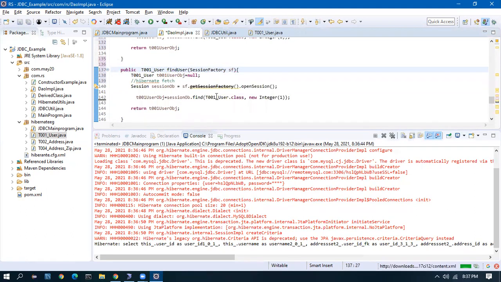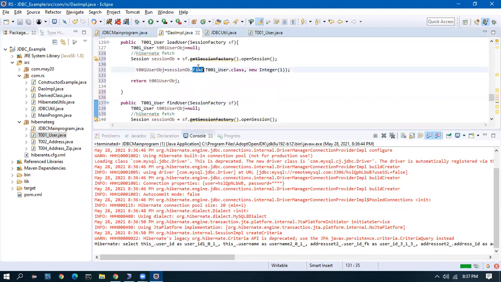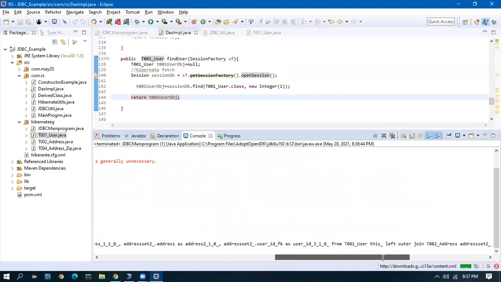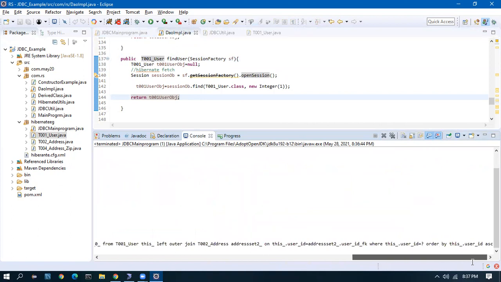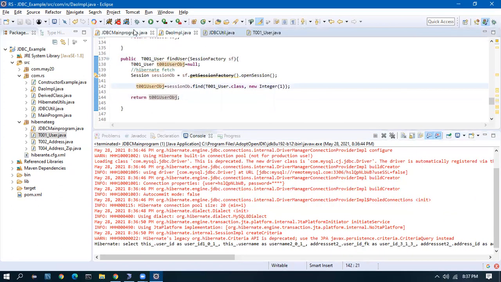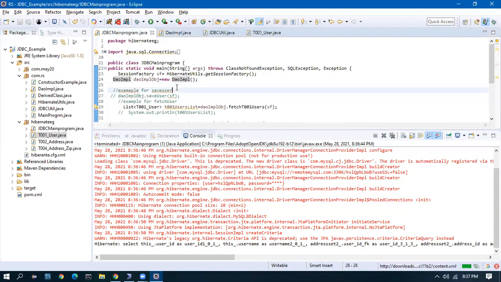Find user instead of, oh no, here I have to use load user. Here load and here find. Two methods are there. Both the methods are going to take user ID, so it's going to join on the user ID column. That is great. Okay, let me run this method.